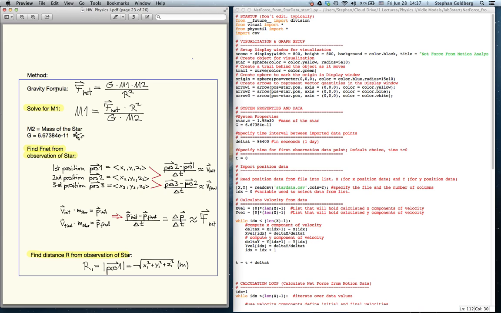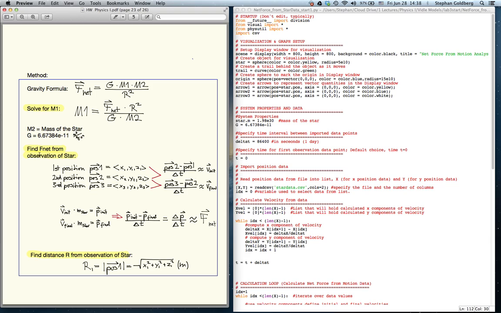We'll use the gravity formula and rewrite it, solving for m1. This will be our black hole mass. We already have the gravitational constant, and m2, which is the mass of our star. Now to find these two other factors, Fnet and the distance between the star and the black hole,